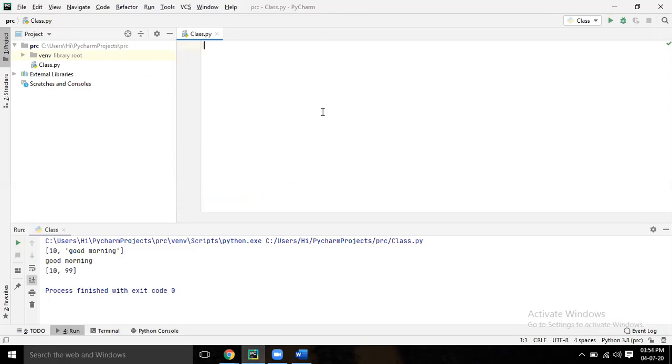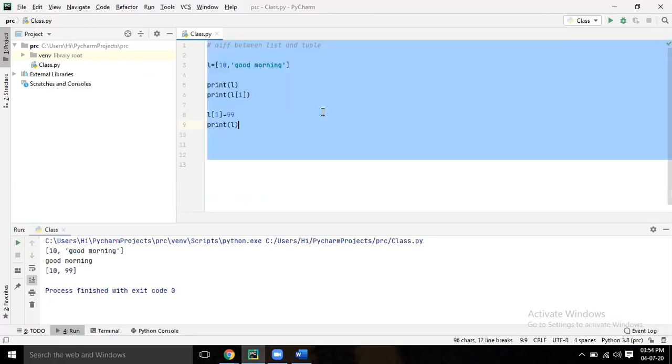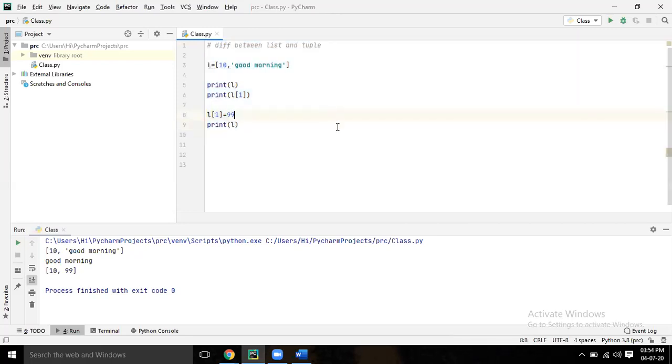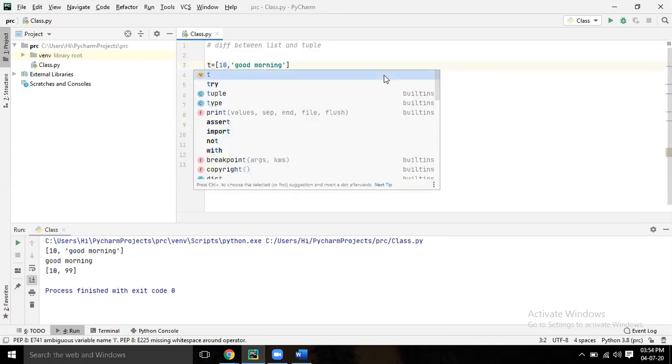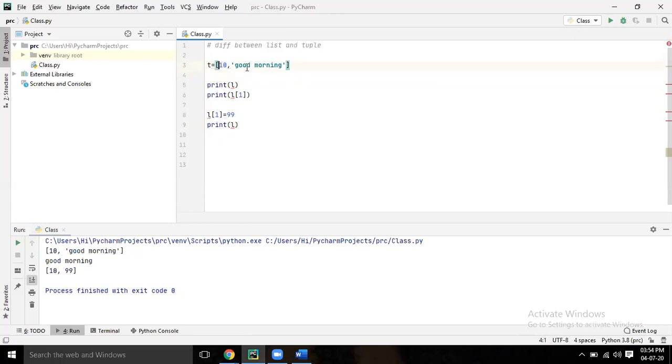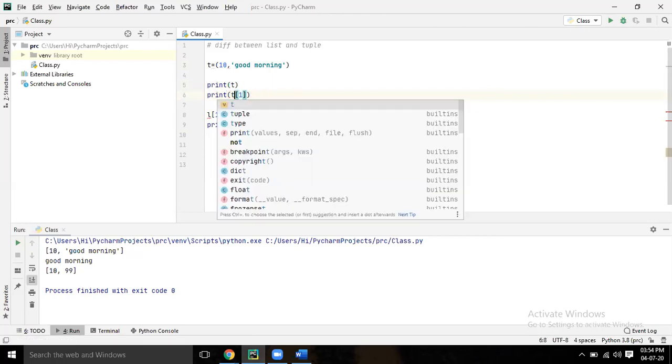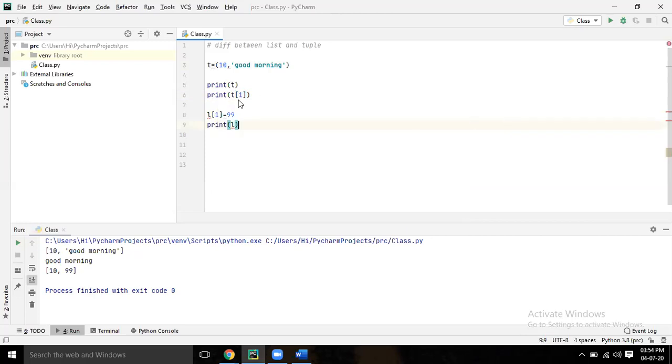Control Z. Now instead of L, write T. Let's say tuple equal to T. And for tuple, you have to change the brackets. Now run it.